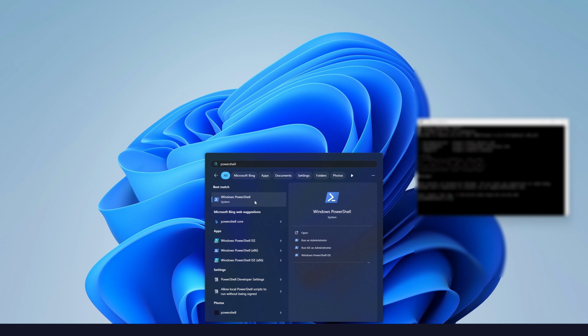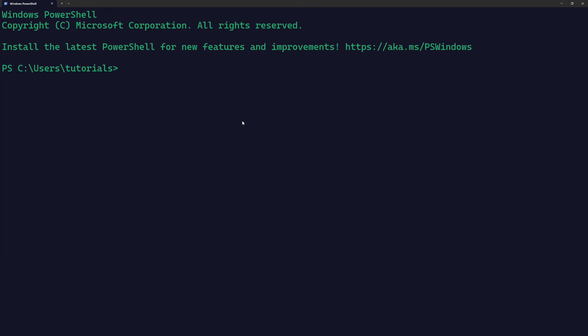And you see, this application is called Windows PowerShell. So I'm going to open this now, and this is how the Windows PowerShell application looks. It's also a simple command line like we had for PuTTY. Now, if you want to connect to the VPS server with Windows PowerShell, the commands that we're going to use